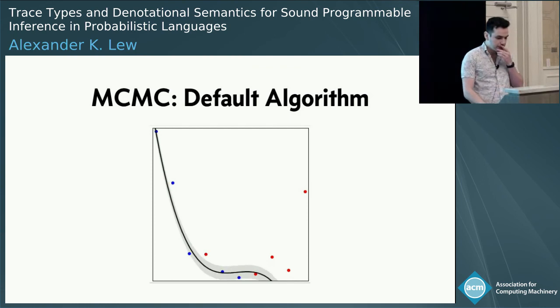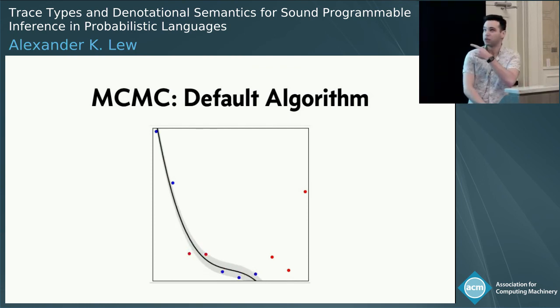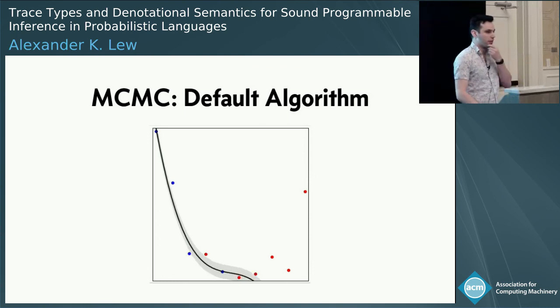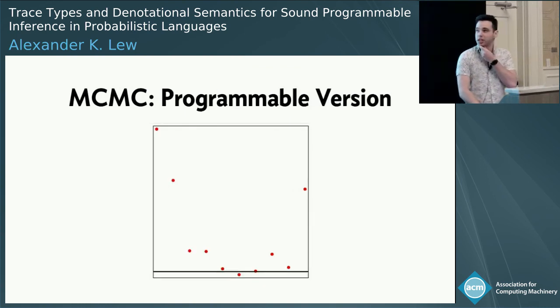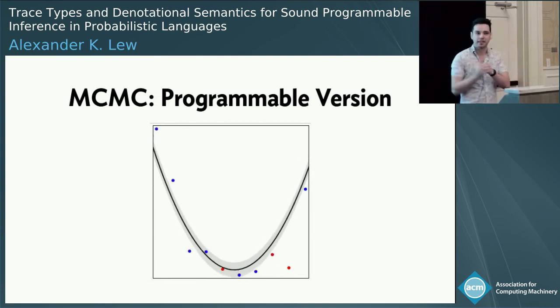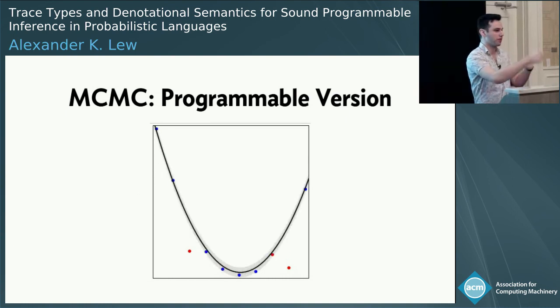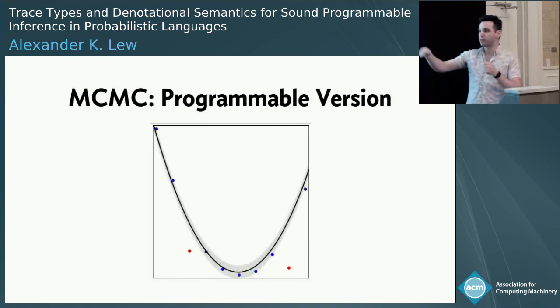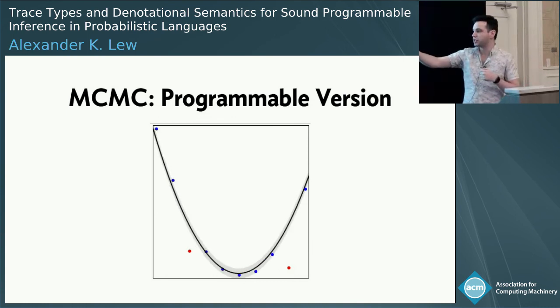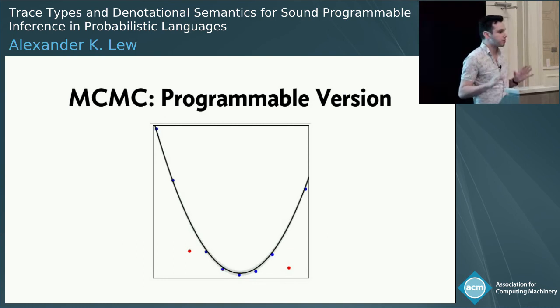Okay? But you can see that it's not doing a great job, right? And that's because we're using the default transition kernel in a lot of probabilistic programming languages, which is not very good. We can achieve much better results if we write a custom transition kernel. And this one isn't even doing anything that smart. It's just blocking some of the variables together. So it's proposing not just one variable change at a time. It's proposing multiple variables changing at a time and adding some Gaussian drift moves to make sure that we can fine-tune a good answer once we have it. Okay? But that freedom to write your own proposal distribution leads to just much better behavior.